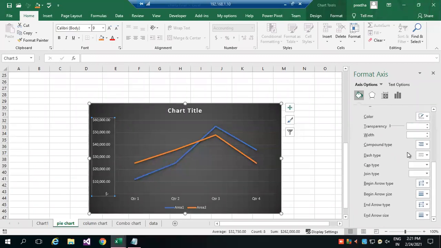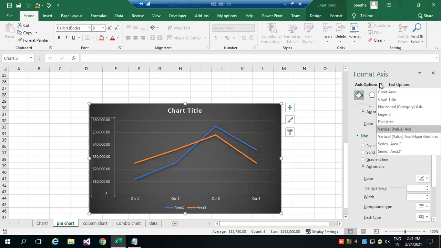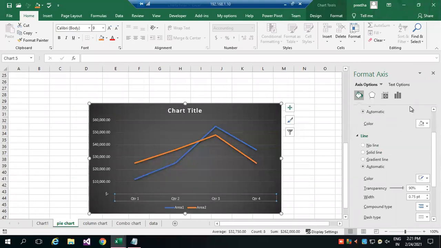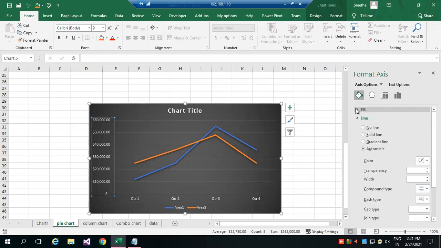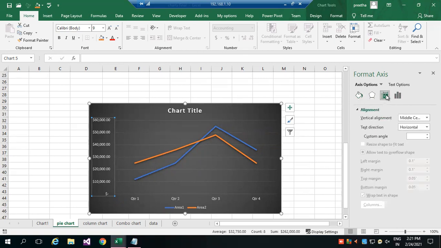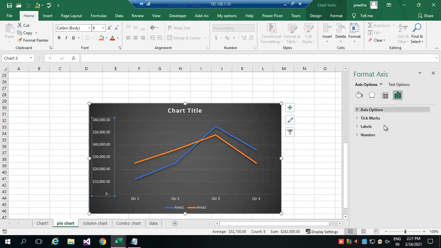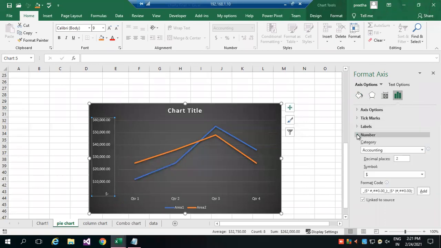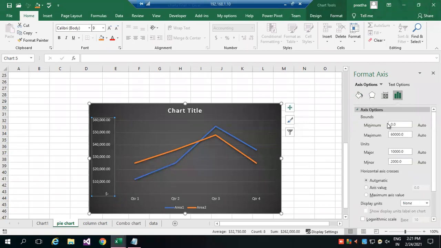So what I can do here, it's the horizontal axis. So vertical axis, what do you want to do? Axis options. You can see here minimum.